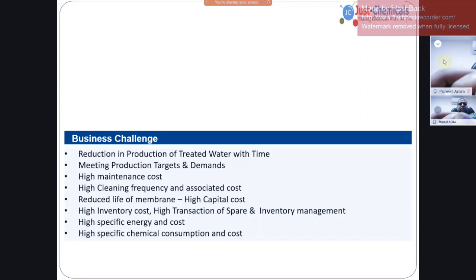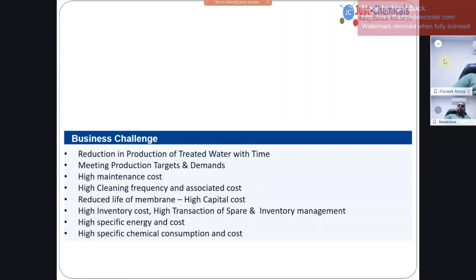So number of cleaning you do with caustic, not with acid. Actually acid, HCl has to be used at the end. You normally do it by citric acid and all. We'll learn 7 different formulations of cleaning solutions also. But the number of times you clean the membrane, the life is going to reduce. So if you use caustic for cleaning the membrane, every cleaning is reducing 4% life of the membrane. The membrane which should go for say 6 years, it lives for 1 or 2 years only. And this happens at many places.